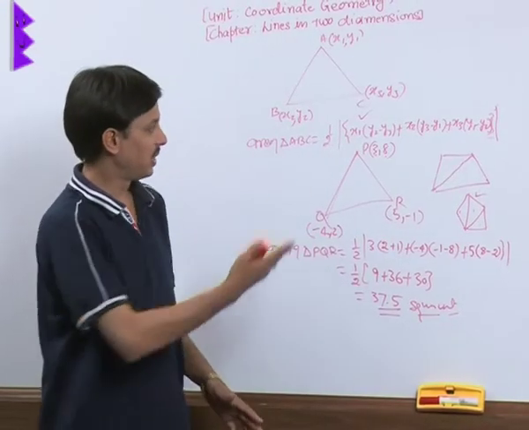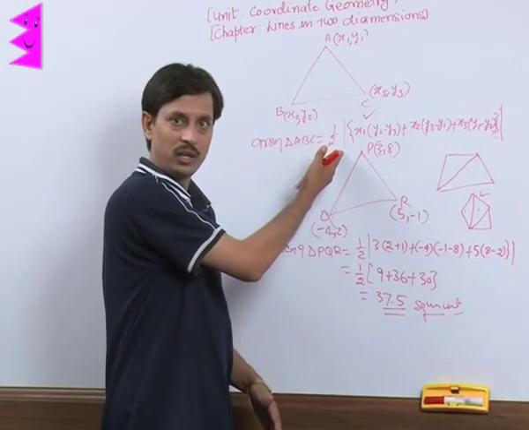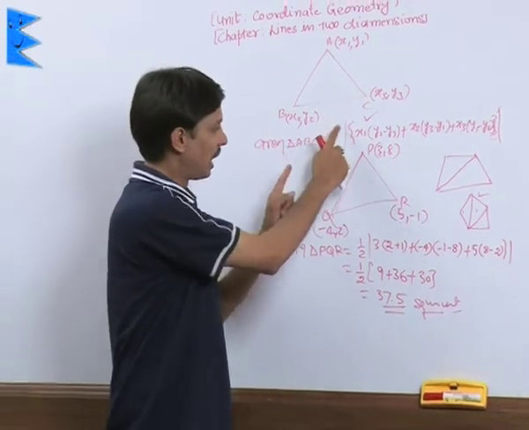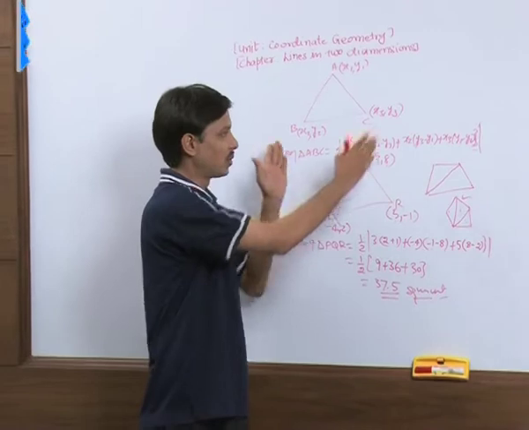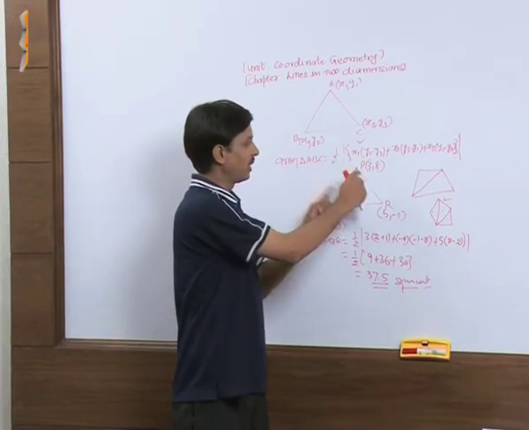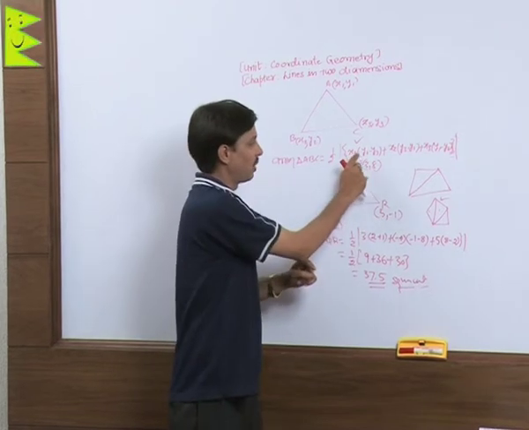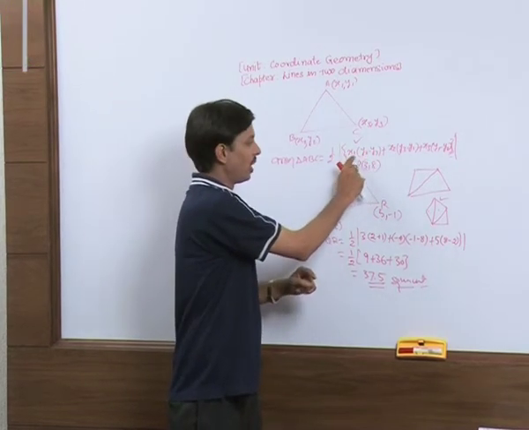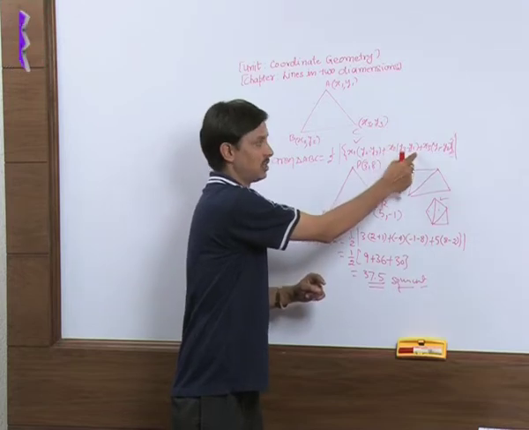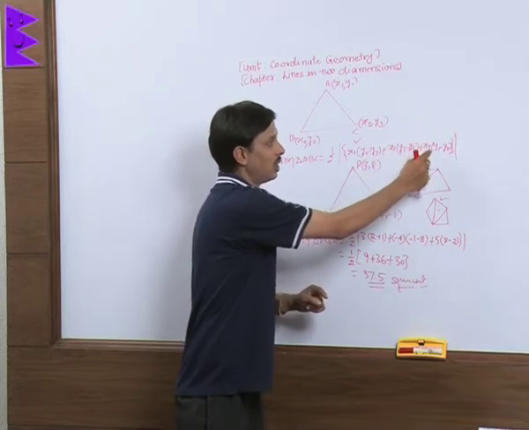As discussed, this formula is really very important, and you have to remember it. The method of remembering is half and mod. Half is outside; inside the mod, x1 is outside the bracket, and inside are y2, y3, that is 1, 2, 3, then x2, y3 minus y1, that is the 2, 3, 1 sequence, then 3, 1, 2.